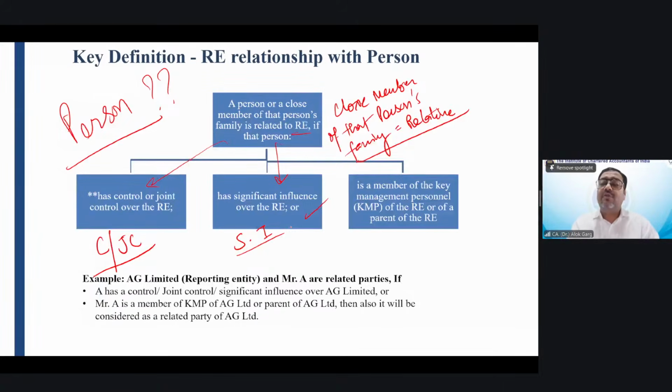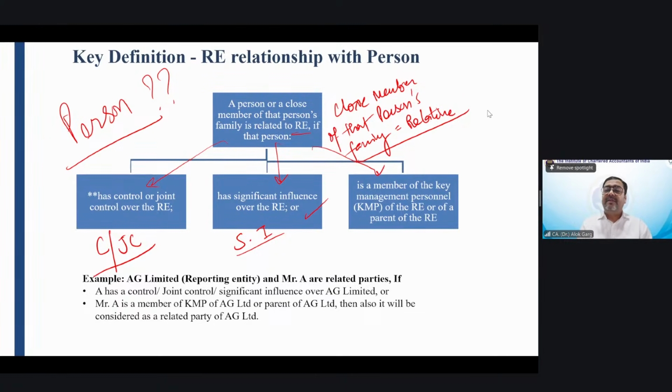So if Saminathan has a significant influence over MNO Private Limited, he is a related party to MNO Private Limited, which is a reporting entity. Will his relative also become a related party? Answer is yes. His relative will also become a related party to MNO Private Limited. Okay. Third,